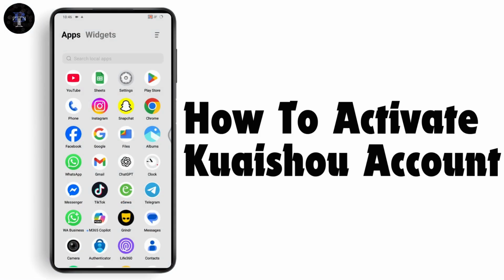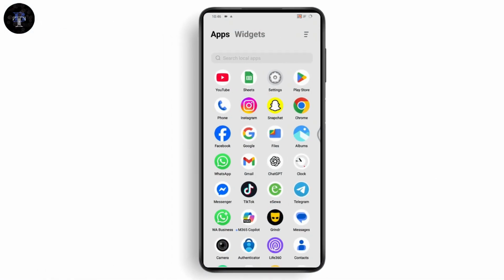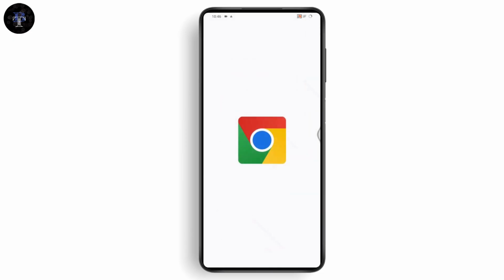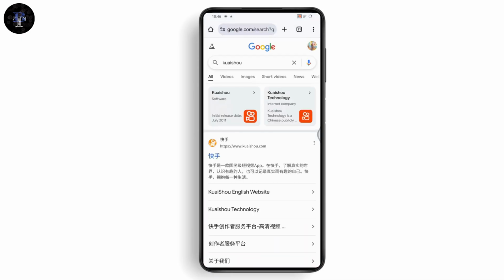How to activate Kuaishou account. So if you want to activate Kuaishou account, then you can either open your application if you have the application, or if you don't find the application, you can go with your browser. On your browser, you can search for Kuaishou. After searching, go with